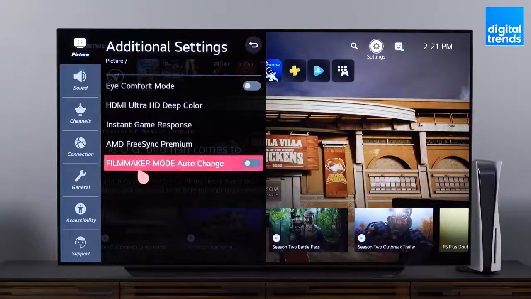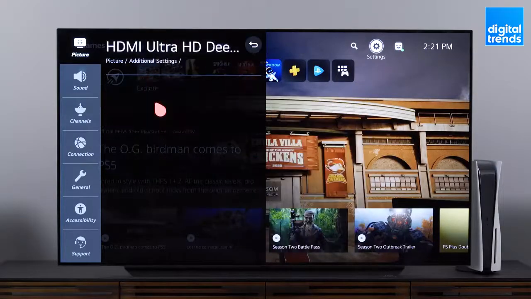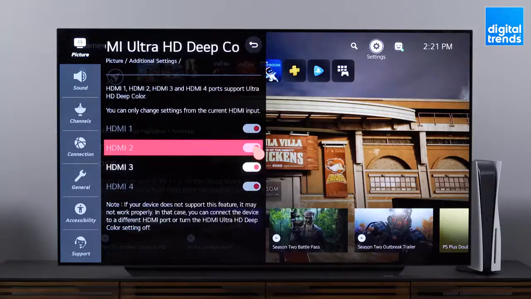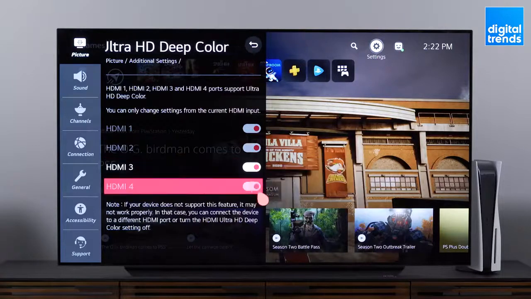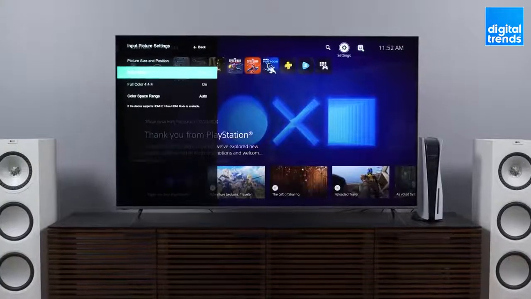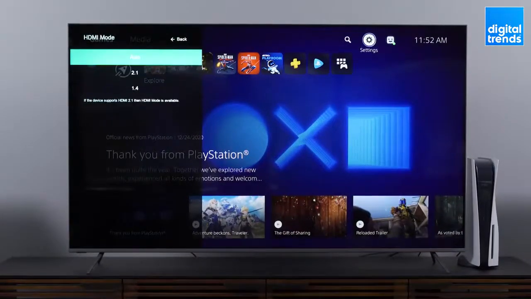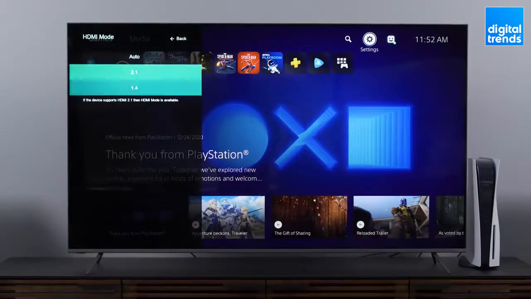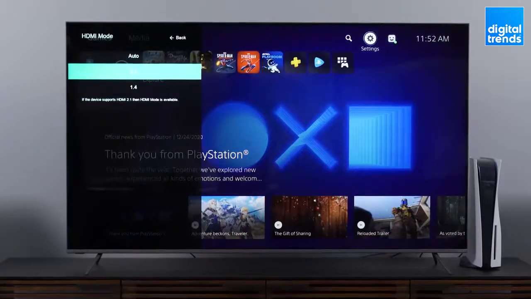But dig around the settings menu, and if you see something that says enable HDR or UHD color or deep color, turn it on for the HDMI input you're using. On other TVs, you may have to force HDMI 2.1 to turn on. Take this Vizio TV, for instance. It has an auto setting, but there's a bug right now that requires Vizio TV owners to force it into HDMI 2.1 mode. And once you do that, you really need to reboot the TV, otherwise you'll probably just get